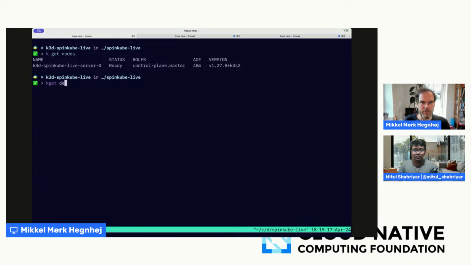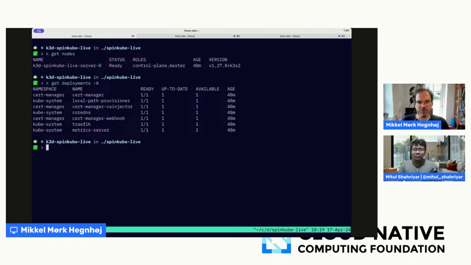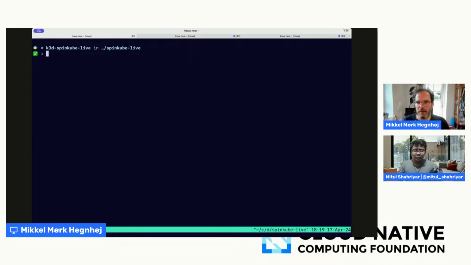And the only thing I installed into this cluster is Cert Manager. The Spin operator has a dependency on Cert Manager, so that's the thing that needs to be installed before we can go ahead. Okay, so there is a tutorial that you can follow for this on spinkube.dev, but we need to first apply a few